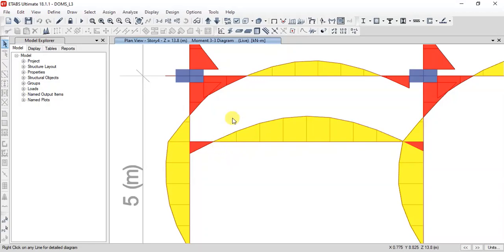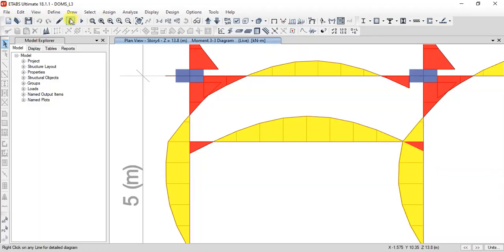To do that, first unlock your model. Once you run the analysis, your structure will be locked. If it is locked, you are not able to draw any object or assign any loads, so you cannot do any other activities in these options.